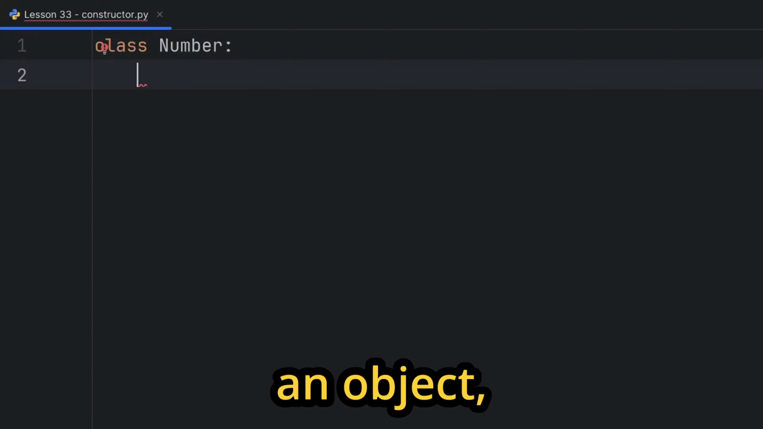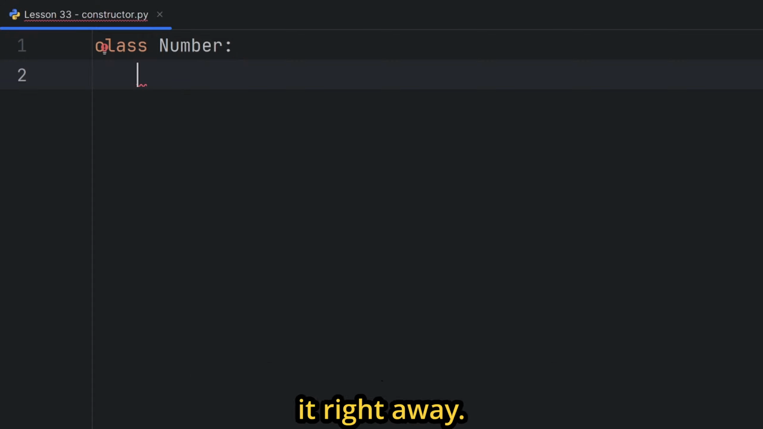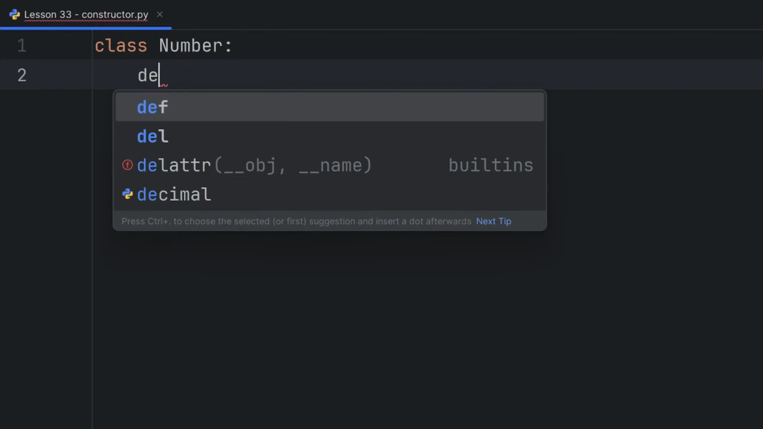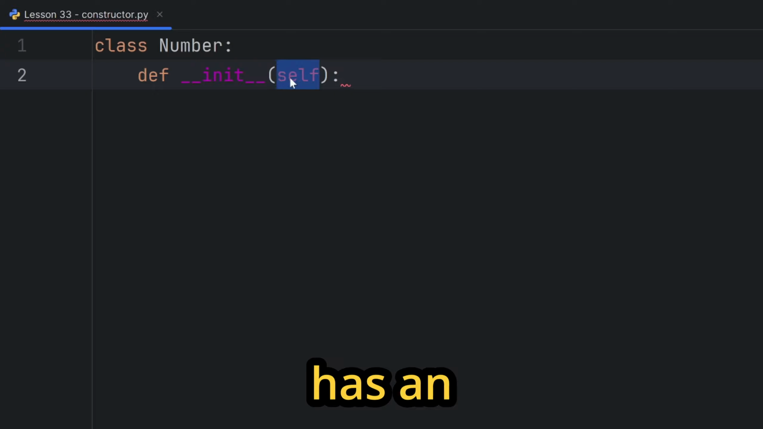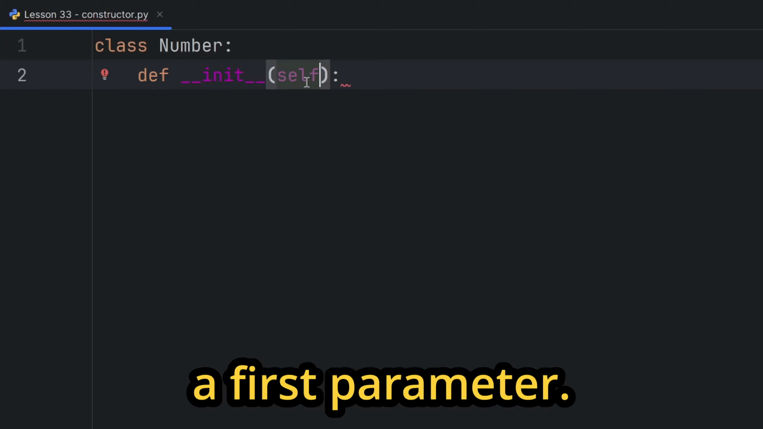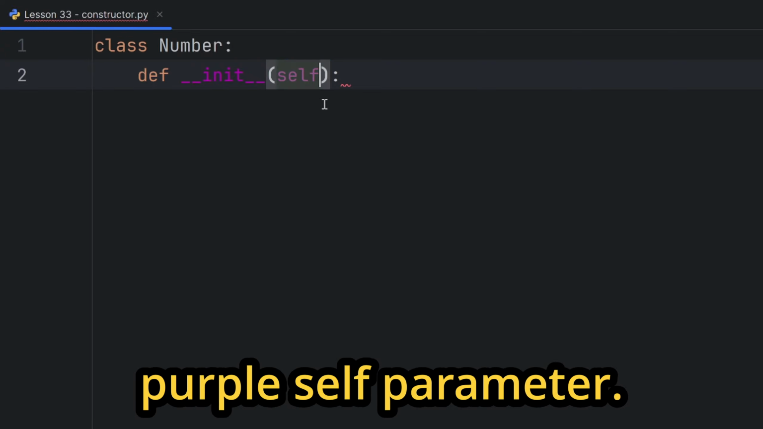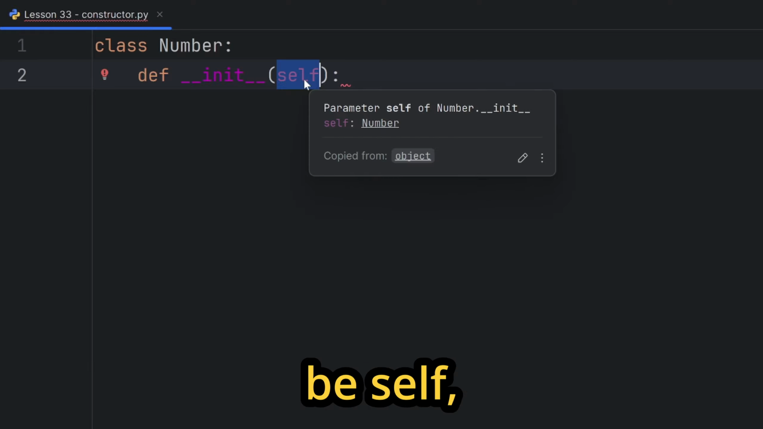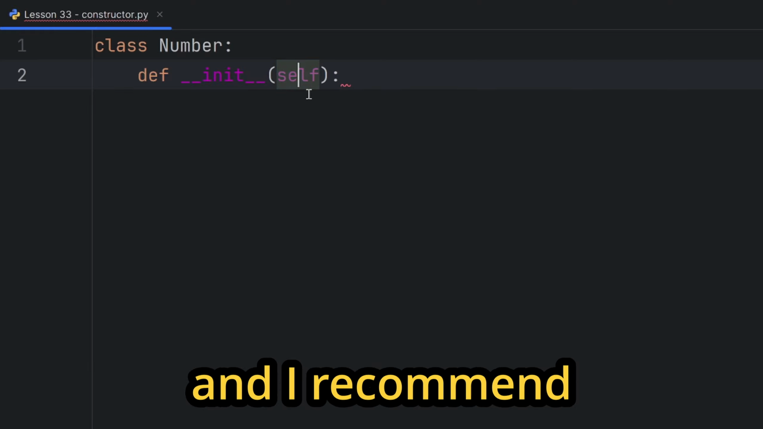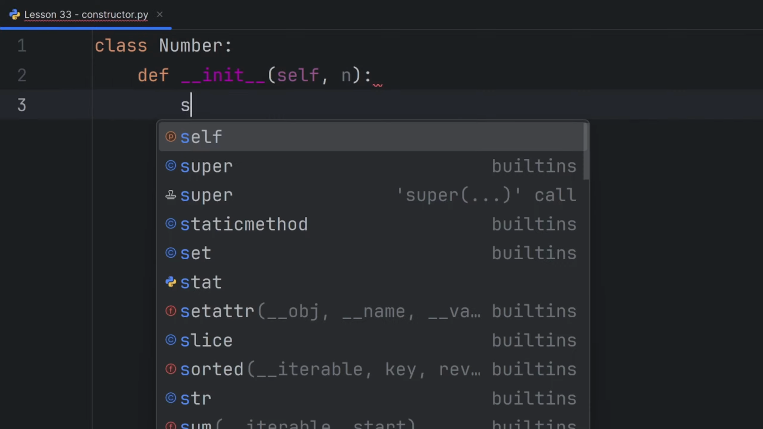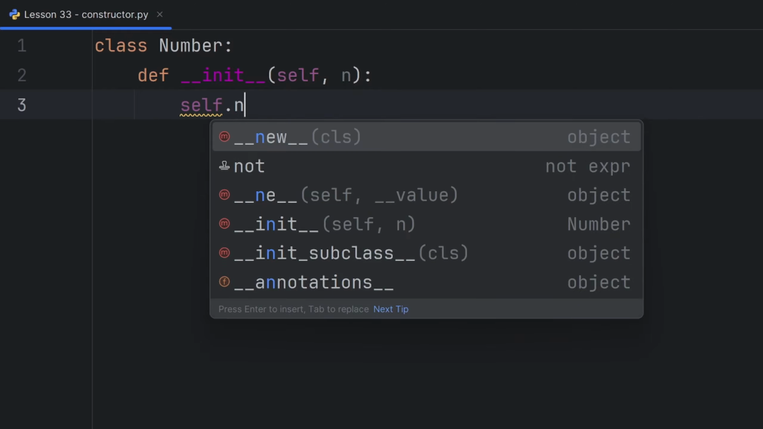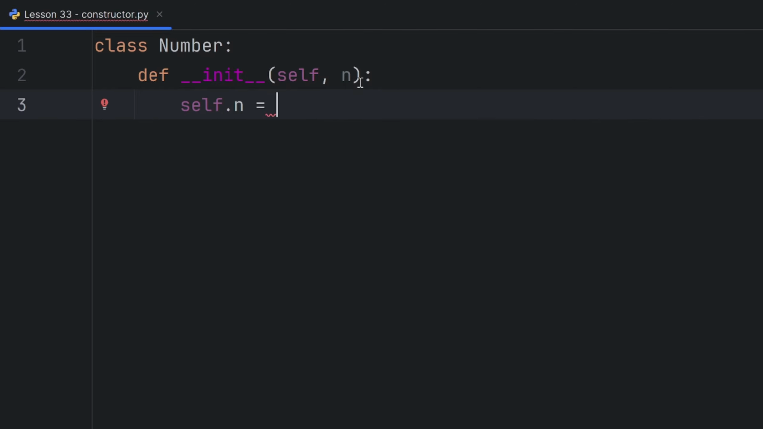When creating an object, you usually want to initialize it right away. For that instance, we use the init special method. The init special method has the object itself as a first parameter. That is this purple self parameter. The name doesn't have to be self, but that is the Python convention, and I recommend you to stick with the name self. After that, you can pass as many parameters as you want, but in my case, I want just one. Then I'll create an instance object with name n, and it will have the value of n